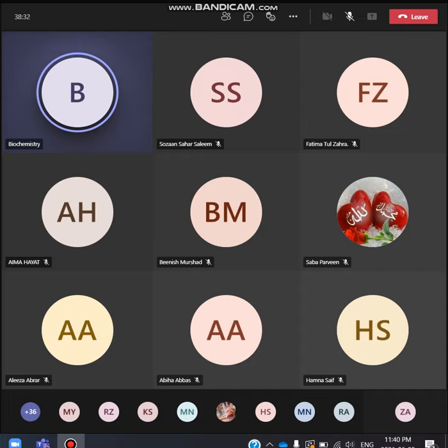The violet is just like the jamun. Have you seen jamun? Okay? The violet color of the jamun, that will appear in the test tube. Is it okay?